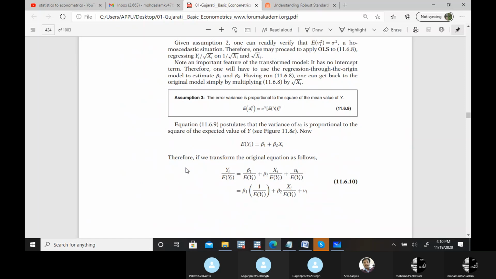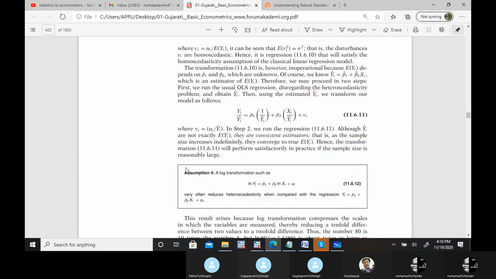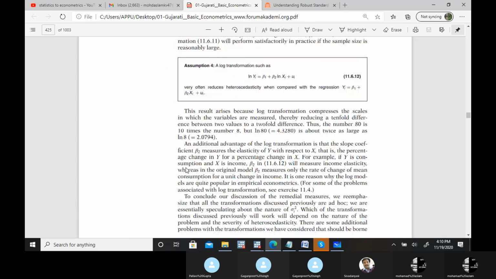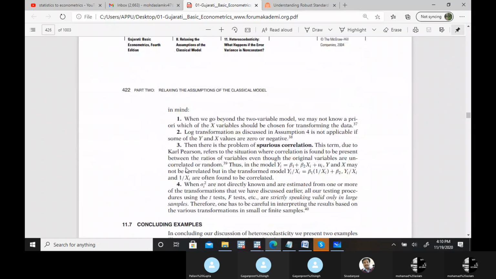Then you might apply the expected y as a remedial solution. Means you have to apply with the expected y, that's actually a y hat. You might use y hat as a weight, then run the regression, or use a log-log transformation. That's also one solution, but if you already have a log-log model, then you can't apply this.